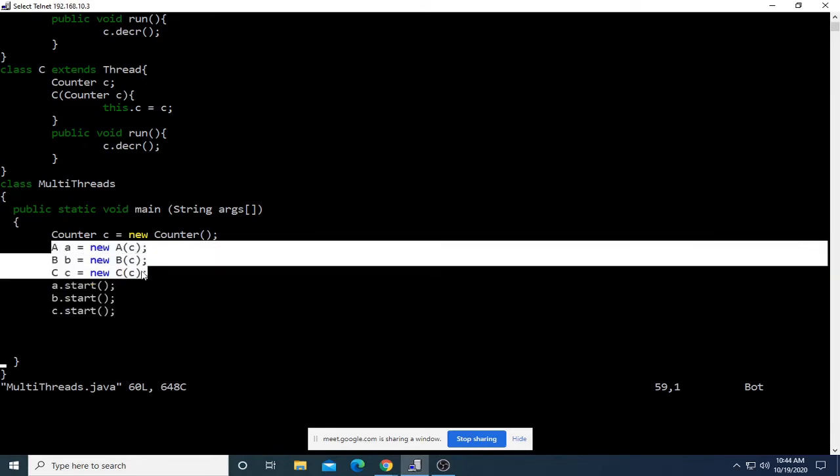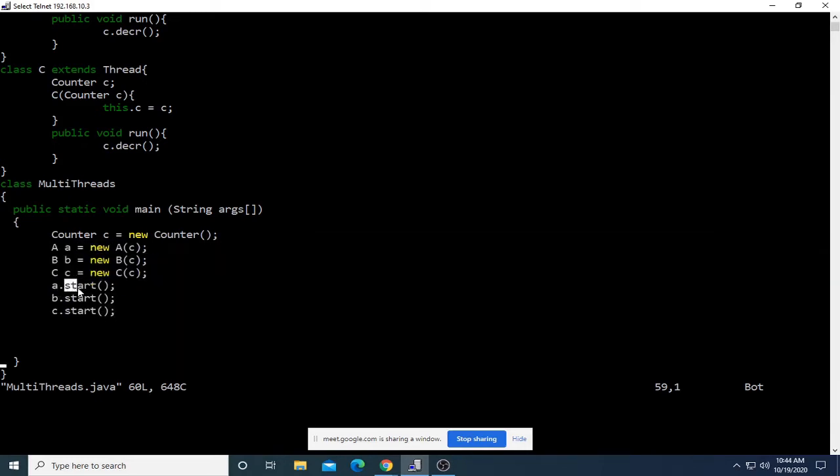Earlier the threads will be in new state, and by calling start you are sending them from new to runnable state. And after these threads complete their execution, you want to print the count variable.